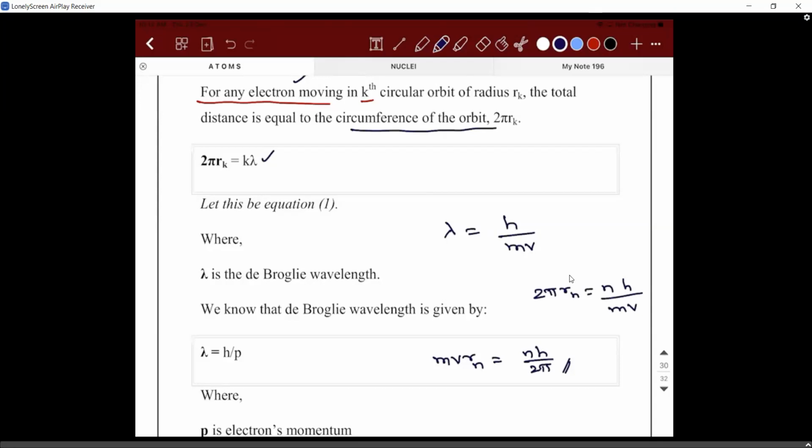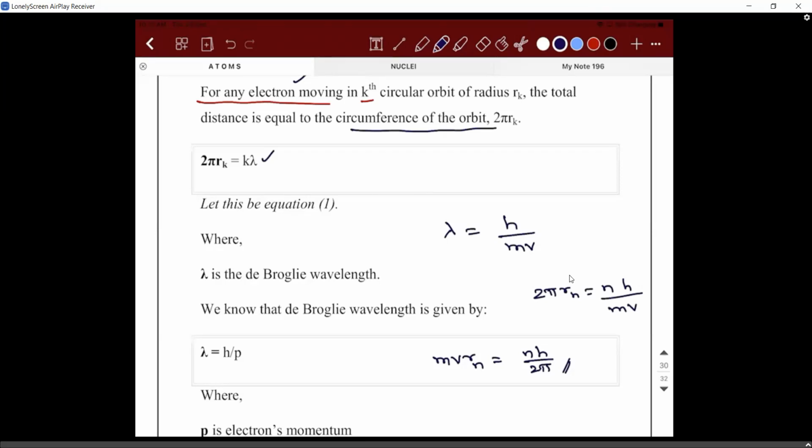So atoms and nuclei, they literally are the same chapter only. As I told you, the majority of the nuclear parts are deleted, so I'm not available from 27th. I'm not available the whole week. So you will have a test on 6th, right? So for nuclear, whatever is required, I'll teach you. And I'll share this note, you guys read it. So I'll come on 3rd, and on 3rd we will discuss problems.